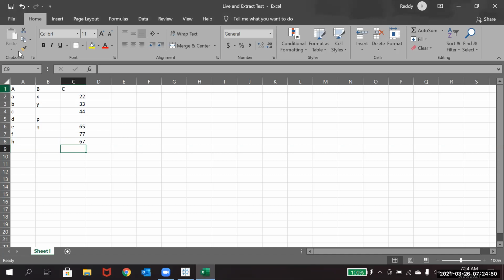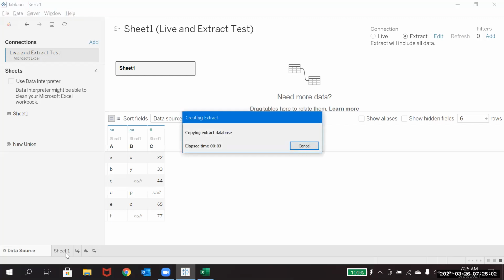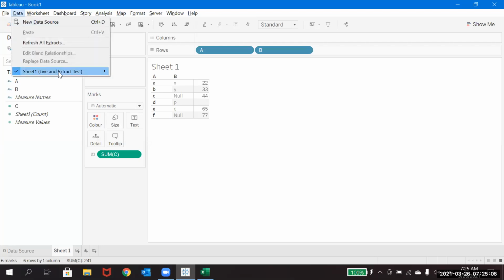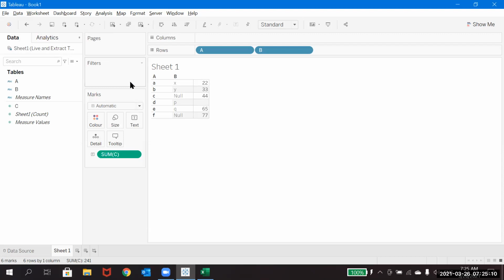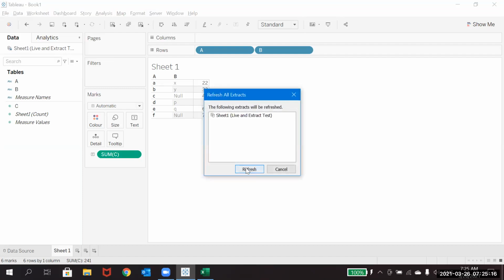I just added one row, and I clicked on save. Now let's go here and see, just for your reference, if you click on normal refresh, it won't happen. Every time you have to go there and click on the extract refresh, and then the information will be coming there.